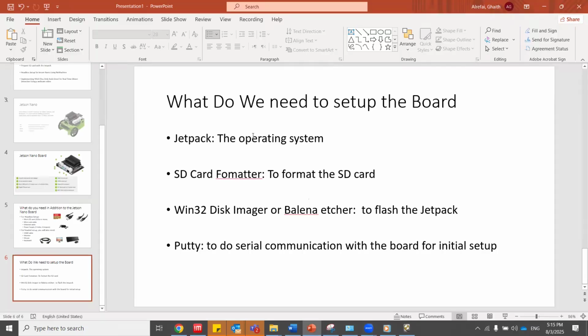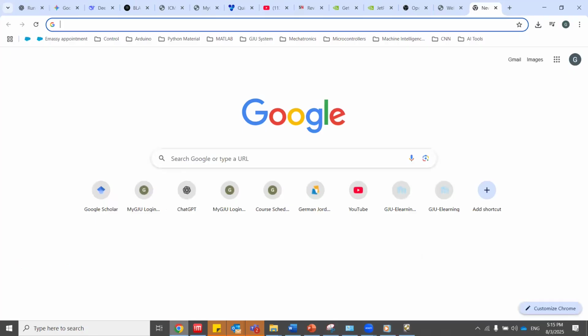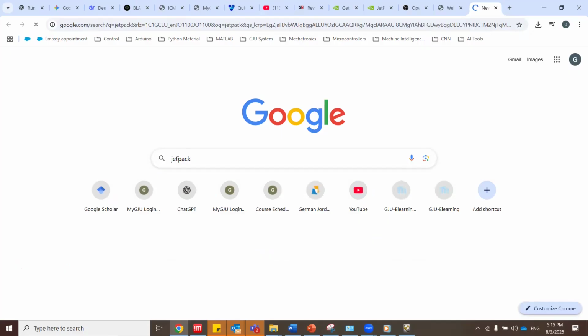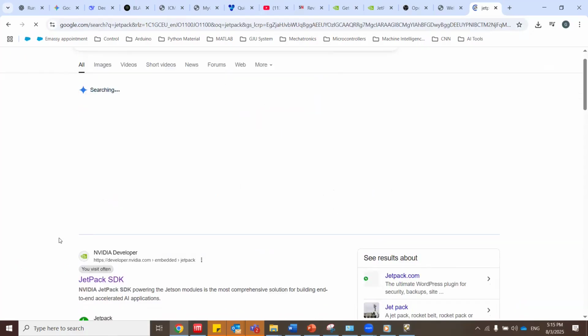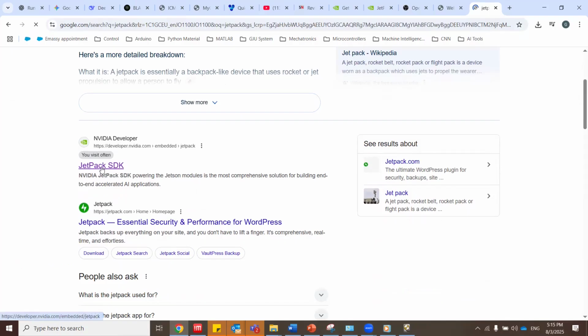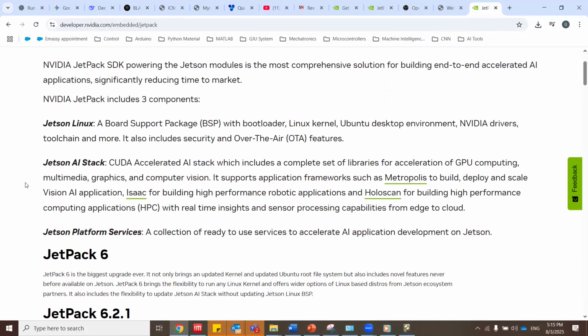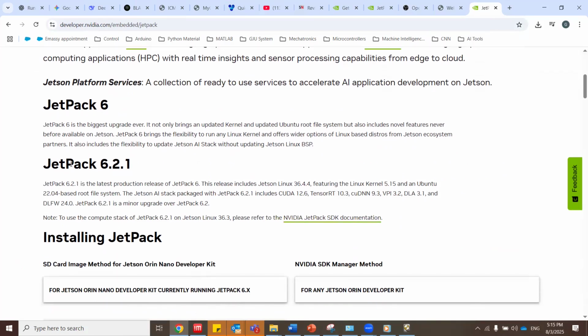بداية to get the JetPack, all we need just go to Google, and here you just need to search for JetPack, and open the first link right there, JetPack SDK. It will open the link, and then we can see the latest JetPack right now, or the latest release is 6.2.1. By default, we have to download the latest JetPack 6.2.1, but sometimes you need to go to an older